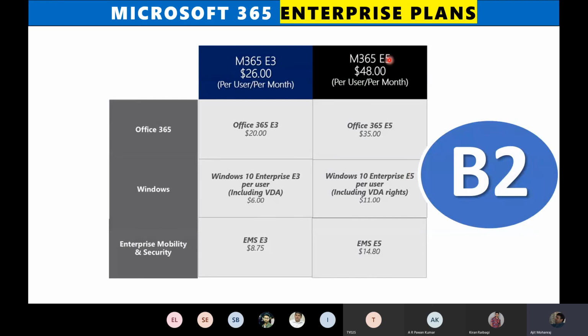Again, you don't have to go across the organization for this. You can take it for your top management, M365 E5. Then for the middle management, take the E3 plan. You can mix and match. That's why our teams are standing by to connect with you to make sure that your renewal becomes very, very cost effective.